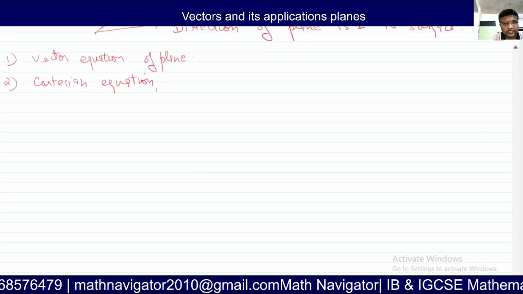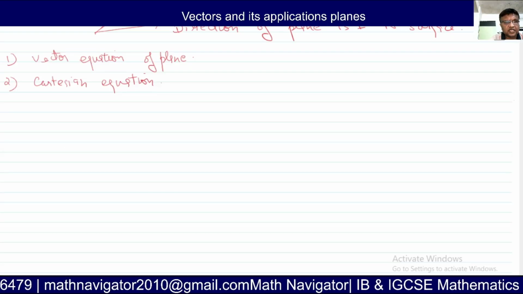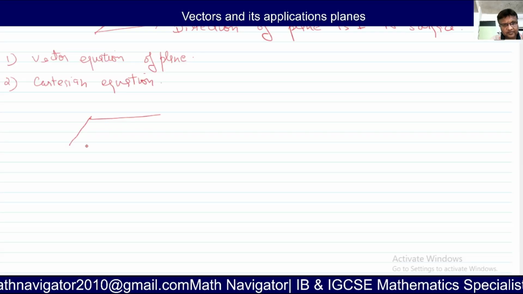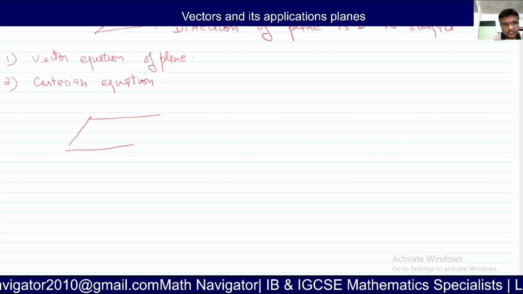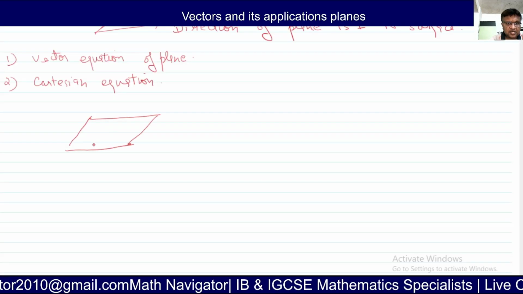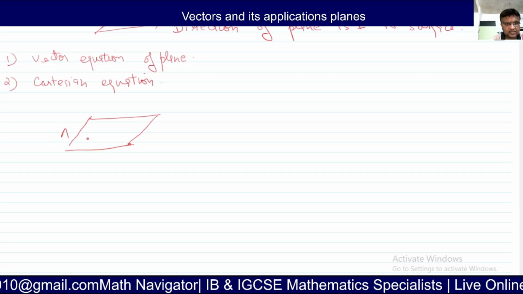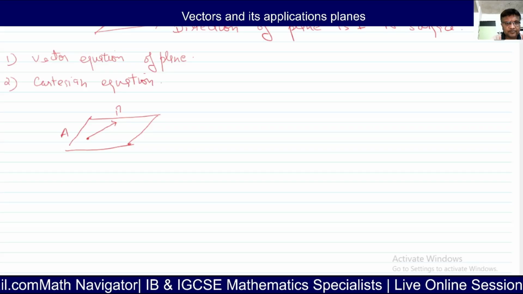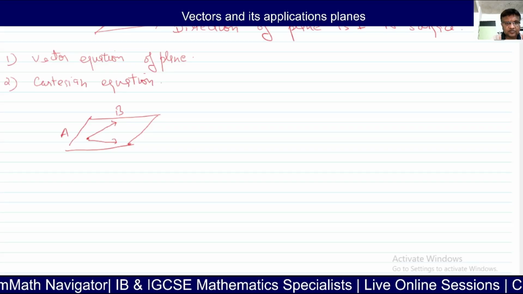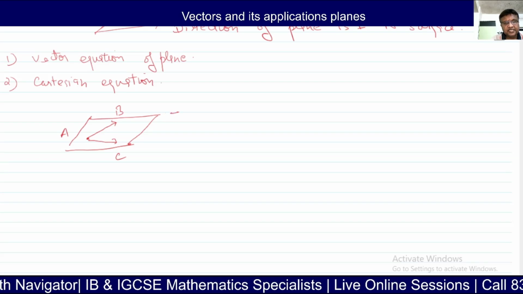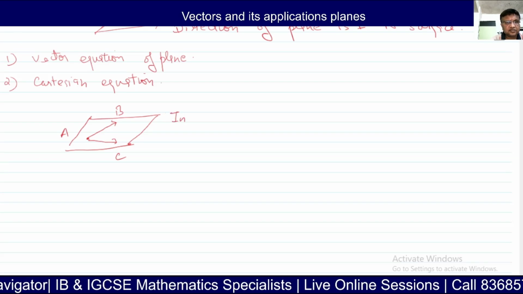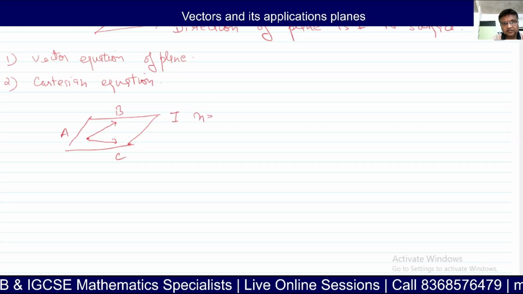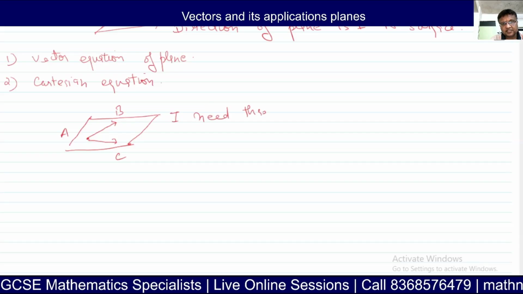So let's say in order to find the vector equation, I need a point. Let's say this is point A, this is point B, and this is point C. That means I need three points